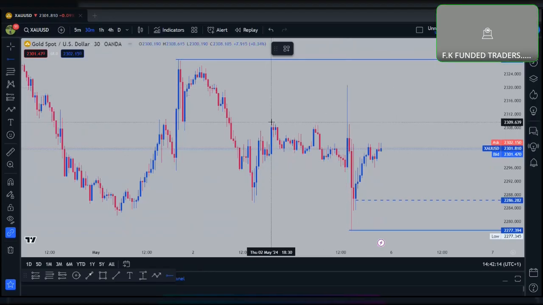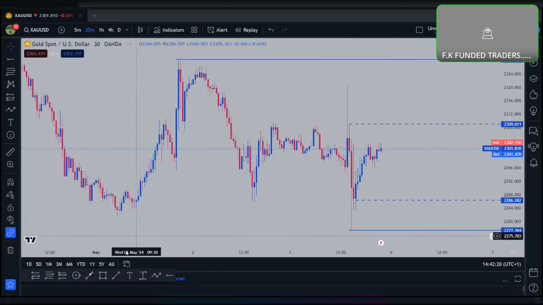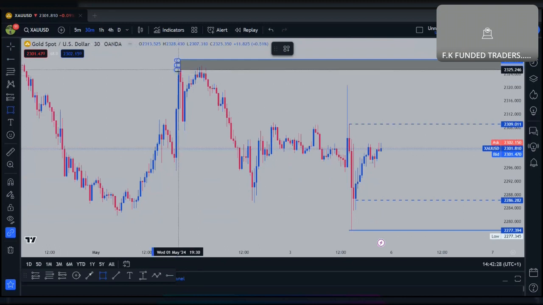But we're going to consider the multiple touches of given areas, and we shall mark the second area. So we are turning those 2 dotted lines into the low risk areas, indicating that if the market touches the lines below and closes below, we shall go in for sales. If it closes above, then we shall go in for buys. That is XAUUSD.